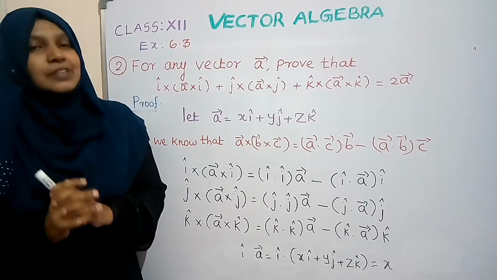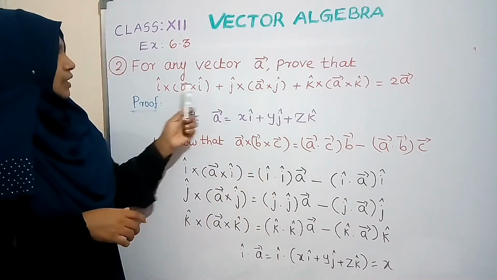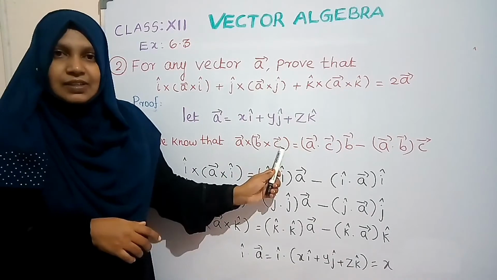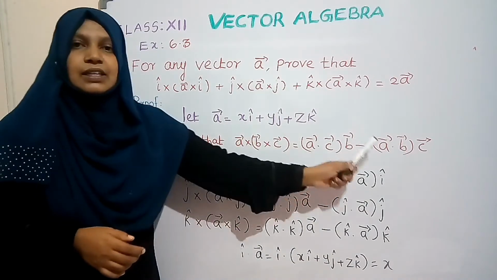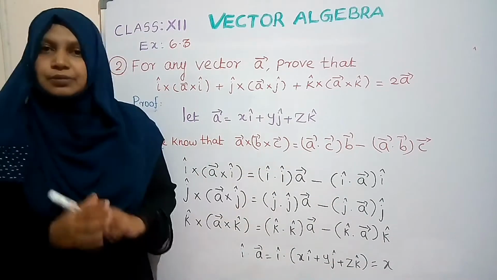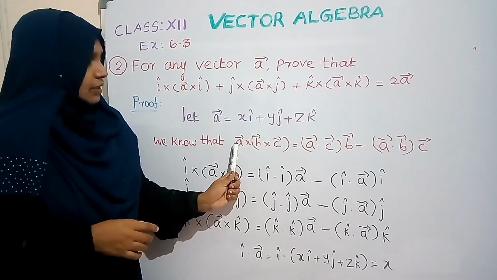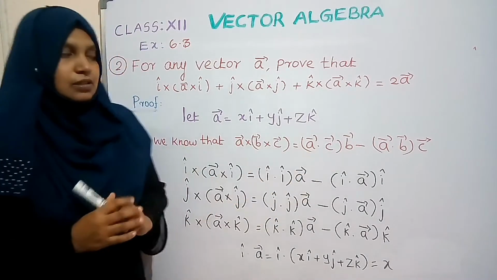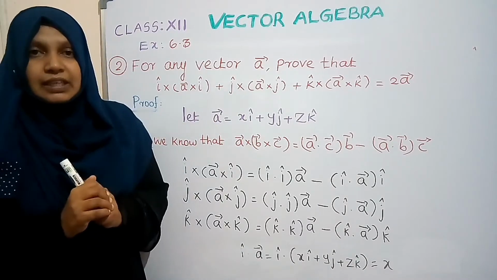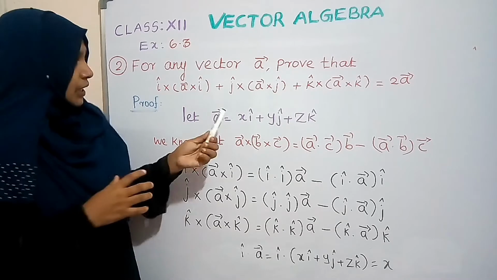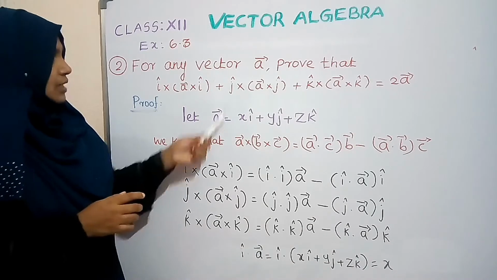So you should know the formula of vector triple product, which is A vector cross B vector cross C vector, and the second two vectors in bracket. So I took B vector and C vector in bracket. Then our formula is, we already learnt, A vector dot C vector into B vector minus A vector dot B vector into C vector. Okay. The first and last we should multiply, and then we can multiply with A vector and B vector. So we already learned this. Now for any vector, A vector means we should consider A vector as any vector. So let it be x i cap plus y j cap plus z k cap. Okay. So this is the any vector they are given.